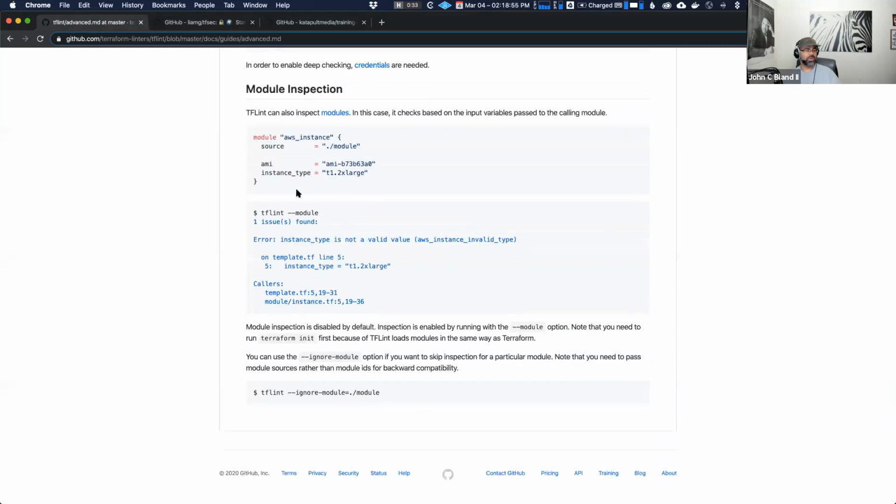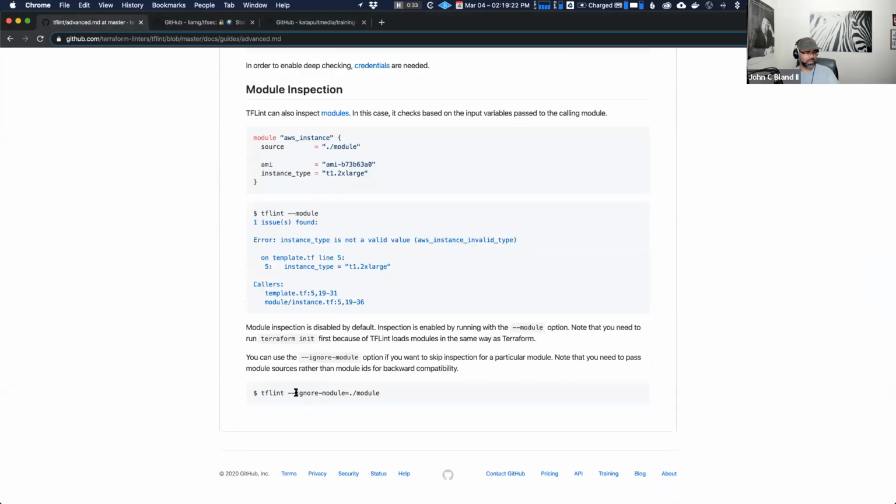And I started working to get this up, and I'll add another video that goes through this fully. But it can actually check a module to see if the actual types exist and go into the module to make sure that the resources in the modules are valid. That can have a little pro and con, depending on the open source modules you may be using, because there may be some issues there.